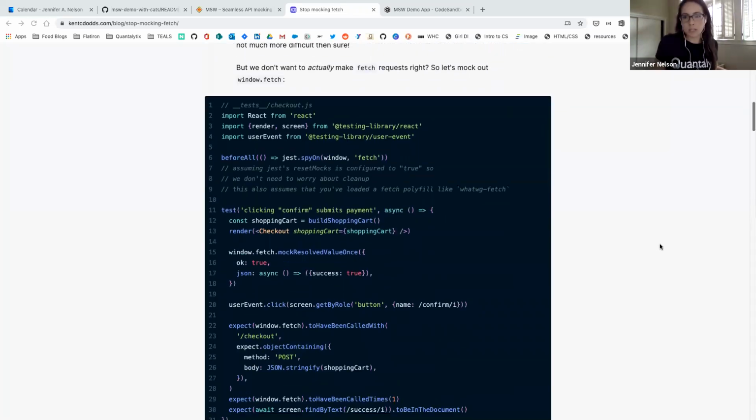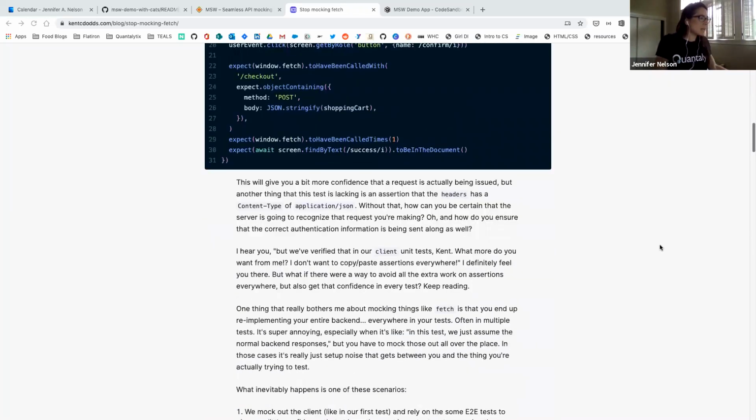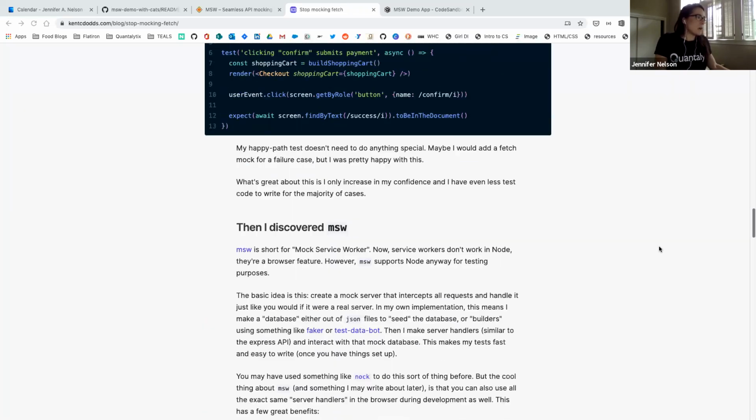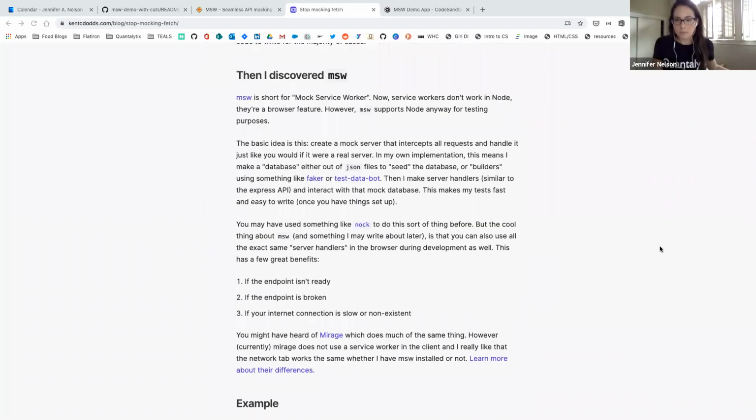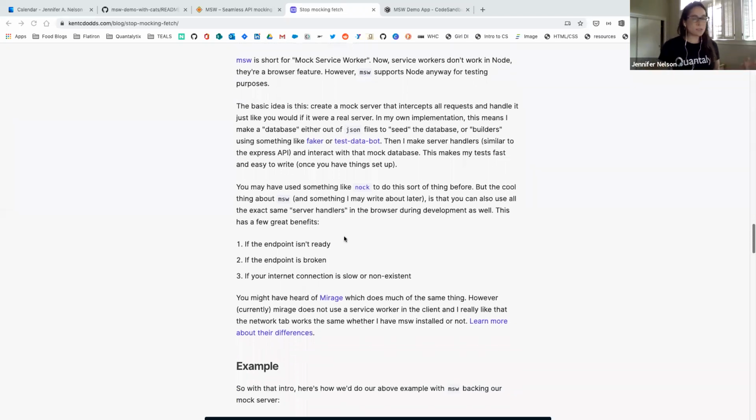I've already hooked it up to the repo, but I got down to this part about MSW, and he was talking about a mock service worker and being able to mock your API endpoints. Basically, MSW intercepts the API call. So instead of it going to your real API, it goes to your mocks instead. And our particular use case for this had to do with what he said